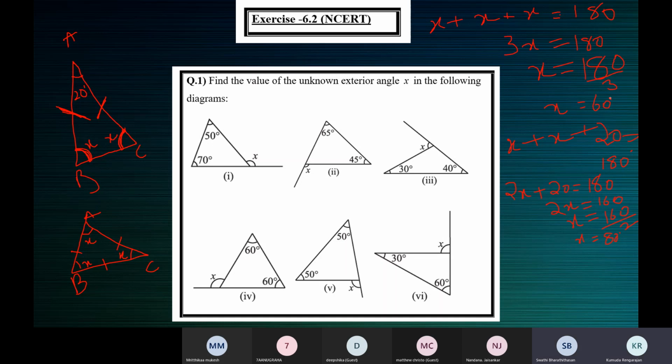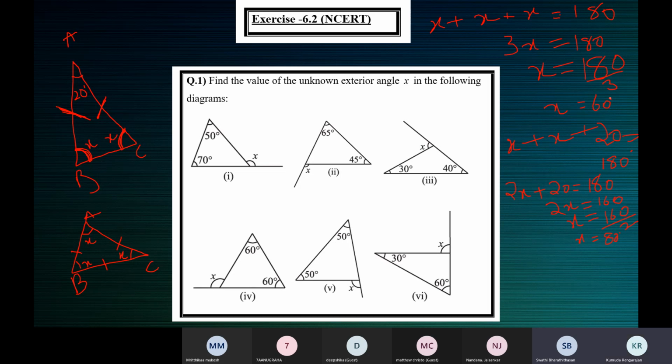Ma'am, this property, angles will be equal to the same sides, will it be followed for the scalene triangle? Because there are three unequal sides, all the three angles also will be unequal. In that case, if they give different variables, we have to find different constant values for them.